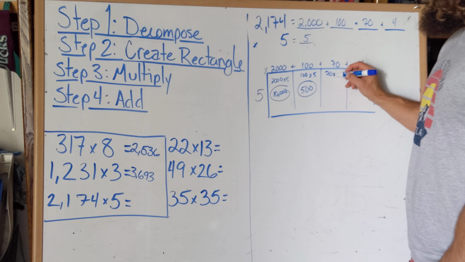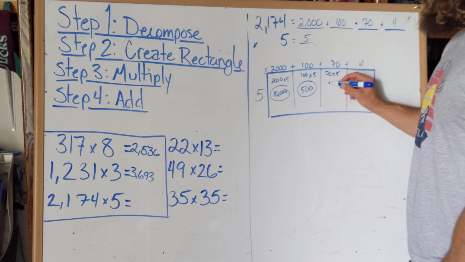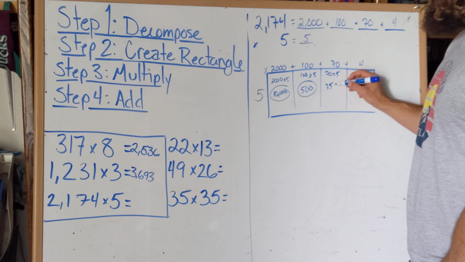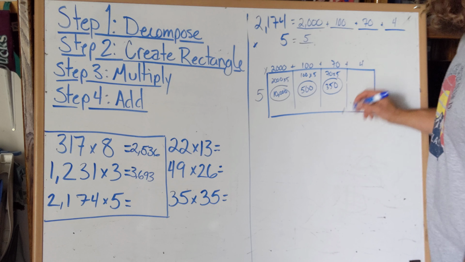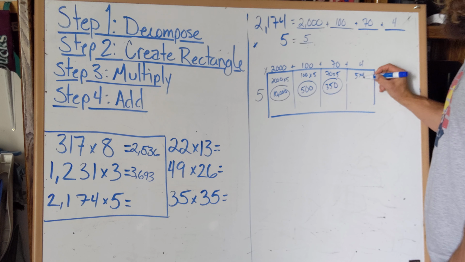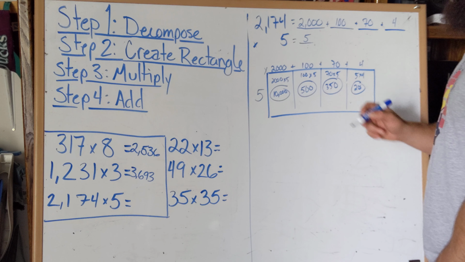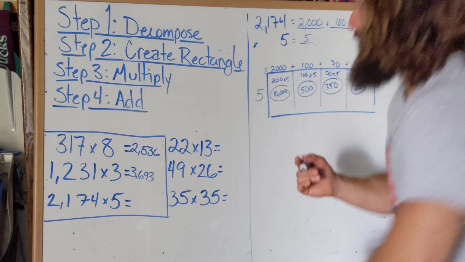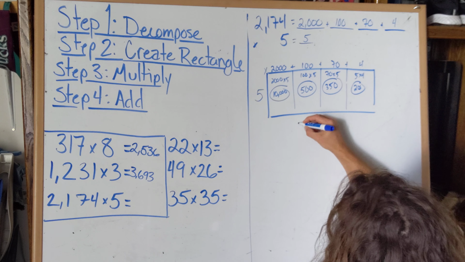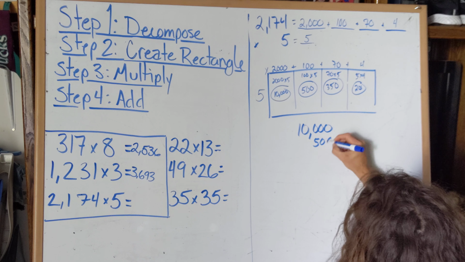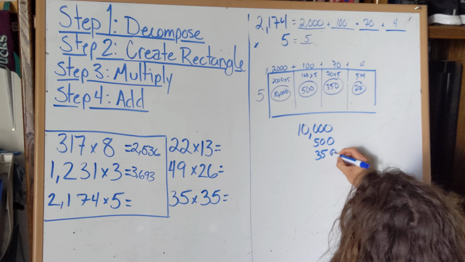I have 70 times 5. 7 times 5 is 35, so 70 times 5 would be 350. And then I have 5 times 4. 5 times 4 is 20. I'm going to add all these up. 10,000 plus 500 plus 350